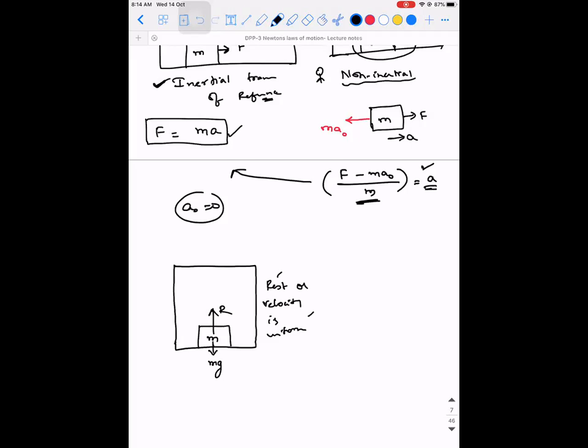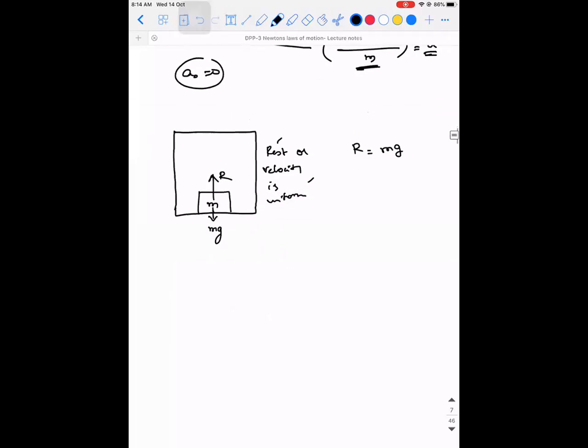See, just because you have learned a new concept, you need not think in the case of inertial and all. You need to apply that only when you have non-inertial. How will you solve this problem if this is given to you? What are the two equal forces? R is equal to mg. That's it. You need not think also.